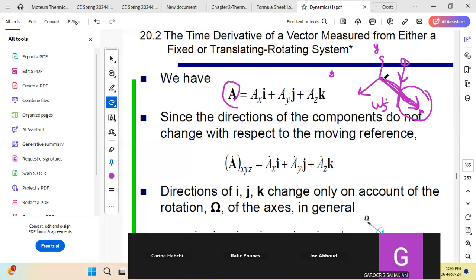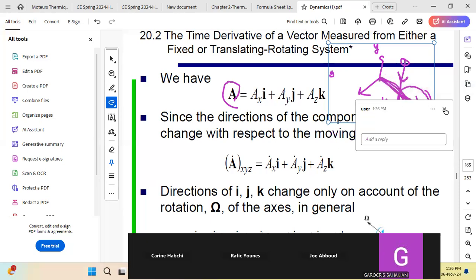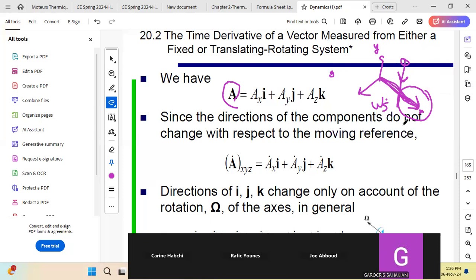So if I consider, let's say, this vector, which is the velocity of rotation of the disk about its axis. If I stand on small x, small y, small z, this vector is fixed in direction, but can change in magnitude, okay? That's why if I derive omega s in the frame small x, small y, small z, I will just see the variation in magnitude, but for me, the direction is not changing, okay? So the derivative will be simply a dot x in i plus a dot y in j plus a dot